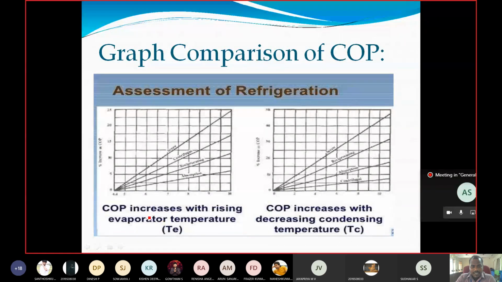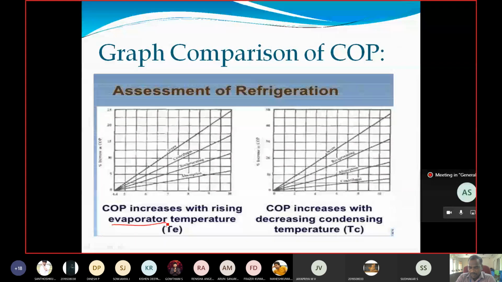If we increase the evaporator temperature, there is a possibility to increase the COP of the refrigeration system. Right, so we know where the evaporator is involved. If we increase the temperature of this evaporator, there is a possibility to increase the performance of the refrigeration